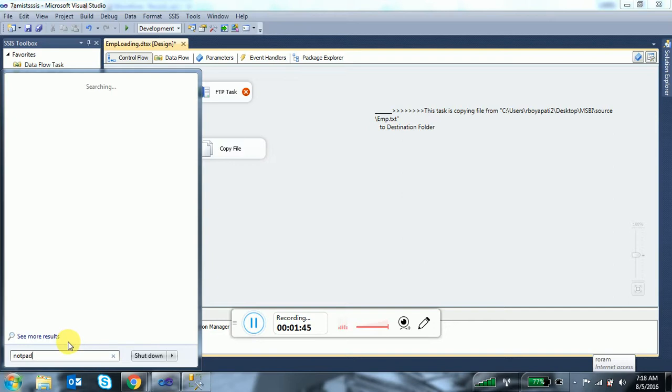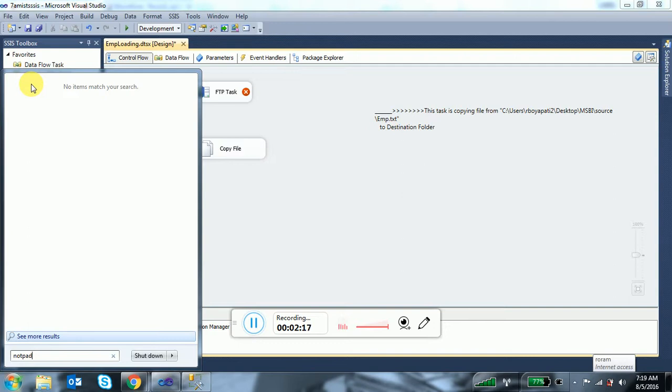Like if you want to zip, definitely you require software, right? Either it is WinRAR or 7-Zip or whatever, you have to install it on your computer. Whenever you zip or unzip a file, you right click and choose 7-Zip or Extract Here, so definitely in that situation it will execute that .exe file. The same operation I am going to do from SSIS.